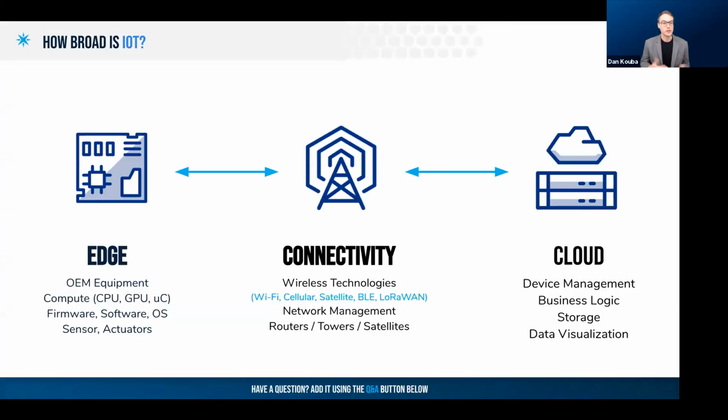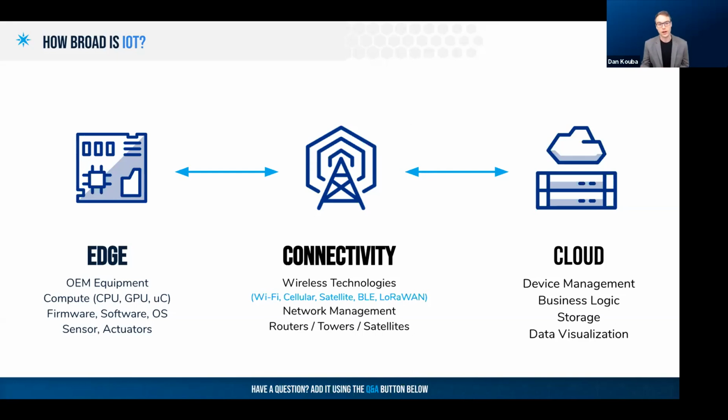So to get started here, I just wanted to give a little bit of an overview. Obviously, you all know what IoT is, but I wanted to drill into the different layers of what an IoT system looks like and talk a little about where Particle sits within this ecosystem. So as you know, IoT is very broad. We like to break it down into three key layers that I've illustrated here on the slide. The edge is going to be the equipment that you have on the ground. This is going to be any processing power that you have behind that, any application-specific pieces of whatever your deployment is, like actuators, sensors, those sorts of things.